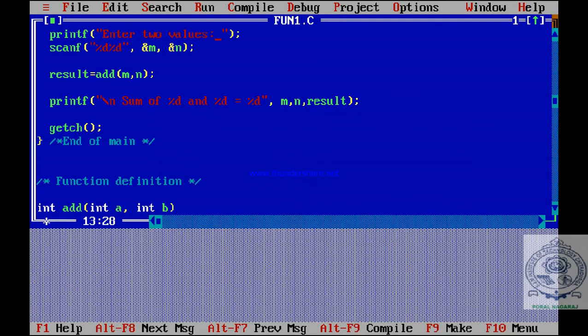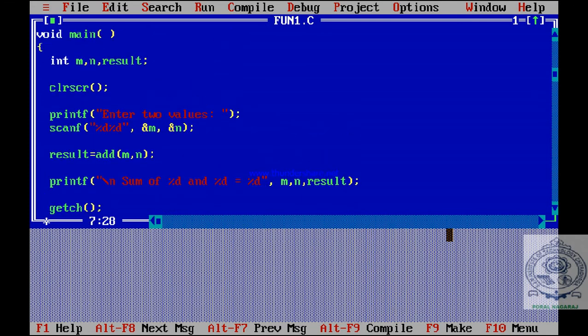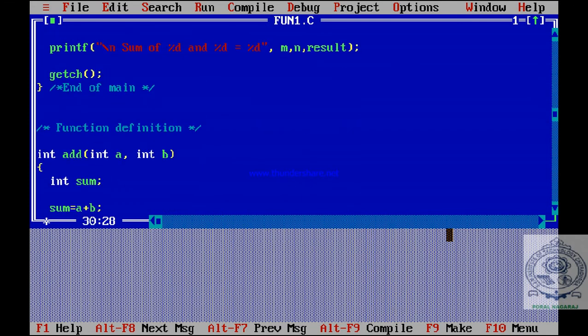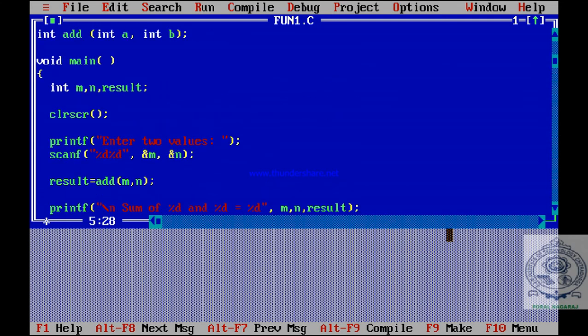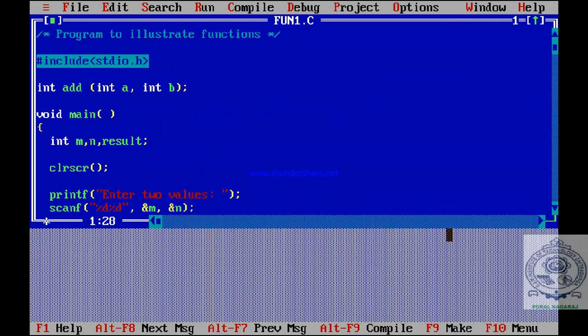So you can observe here the function definition. Where is the function definition? The function definition is below main. The function definition is written below the main function. So that's why we have used the function prototype or function declaration. So this line I have used. Suppose if this function definition is written before main, meaning above main, then this line is not necessary, that we shall understand.